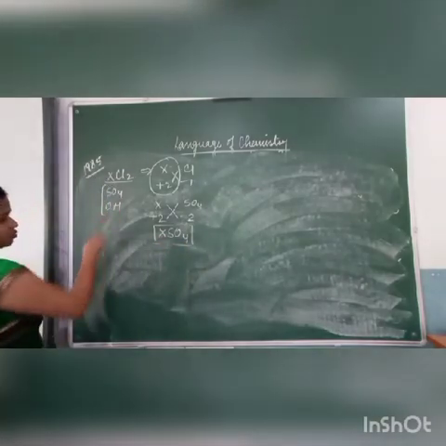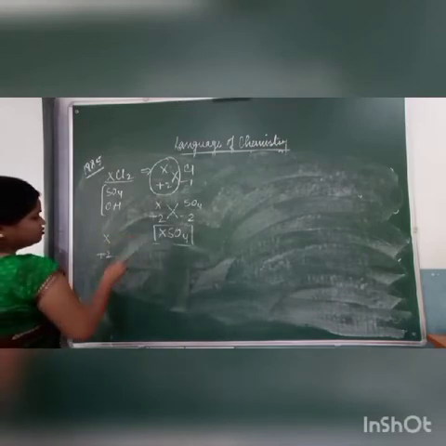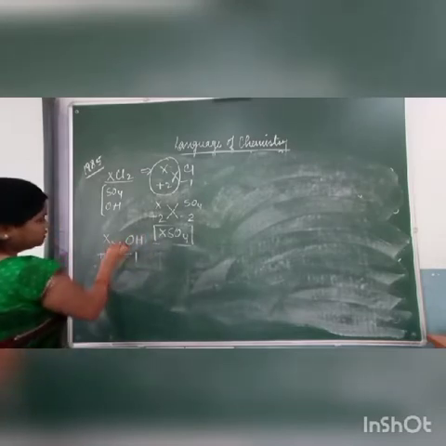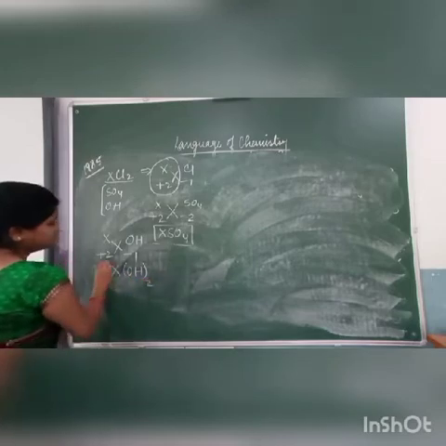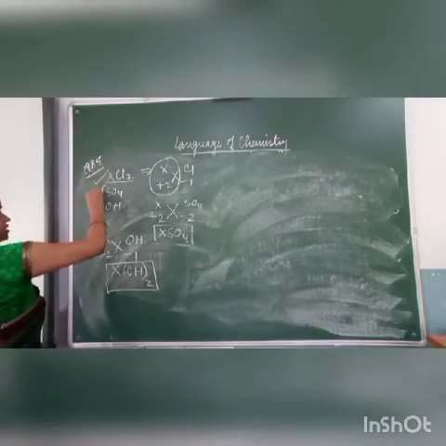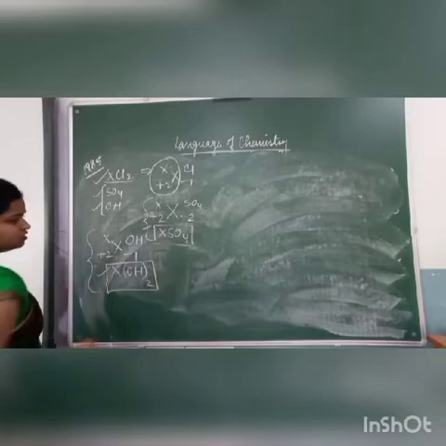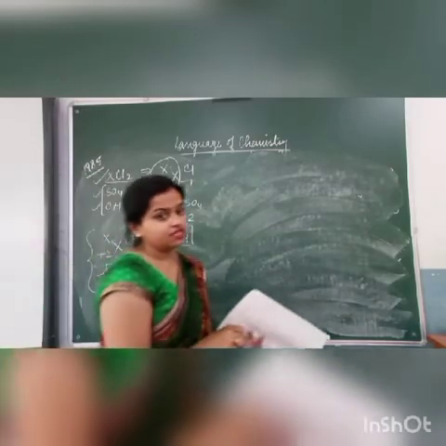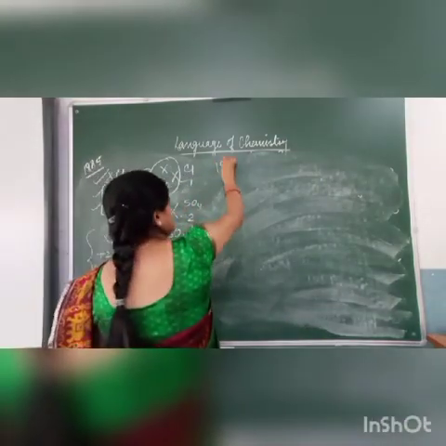And the second one is OH. Already we came to know that X is plus 2 and hydroxide is minus 1. We will do the cross multiplication. The formula is X(OH) whole twice. See, this is the question, and these are the answers you have to find. So if you know the valency, then only you can do the questions. Otherwise it will be trouble for you. Now let us see the question of year 1987.